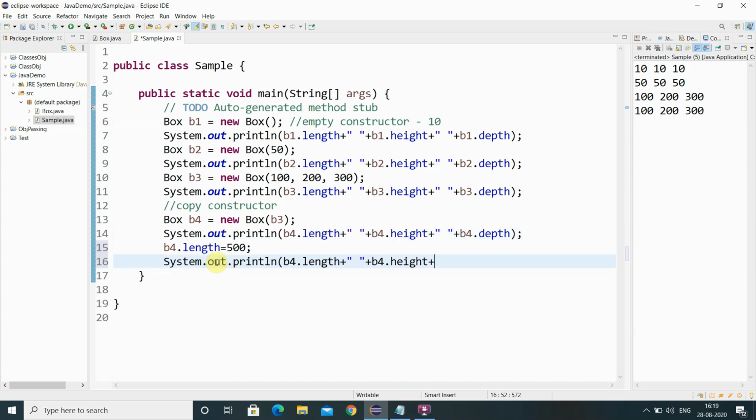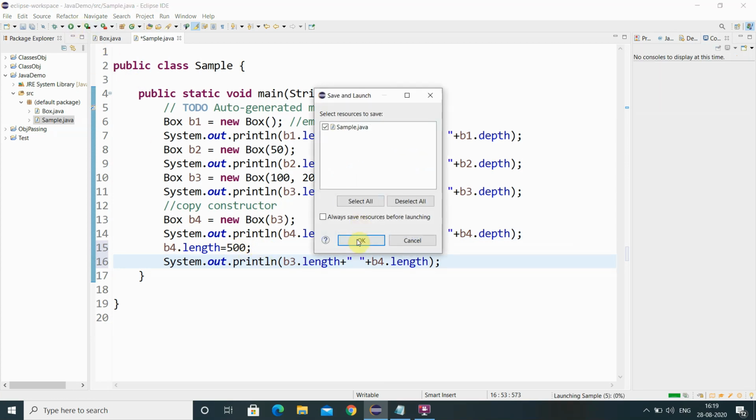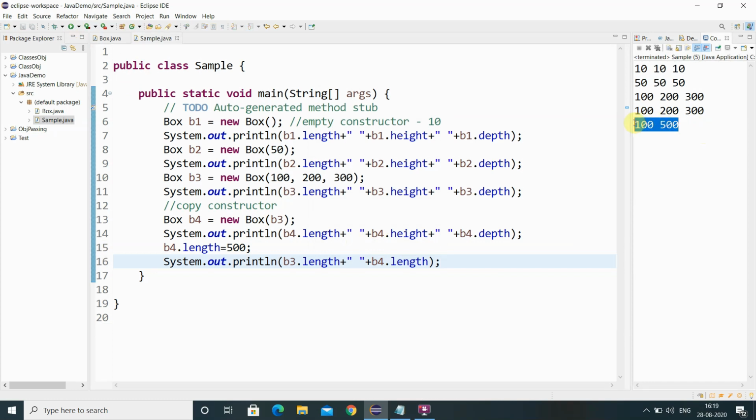Okay, we want to check it. So I will print B3's length, and also I will print B4's length. If I make any changes in Box 4, whether it will be reflected in B3, I will run and check. Okay, the changes will not be reflected back because we are copying the object's content to another object, but the memory location is created in two different memory locations.